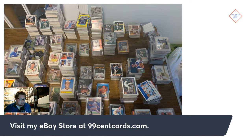So let's go to slide 2. This gives you an idea of just some of the volume that we're dealing with. These are all player lots. On the far left, you see the 89 Fleer Ken Griffey Jr. rookie card. There's actually, I think, 3 of those in there. There's probably 100, 200, maybe even 300 Griffey Jr. cards in that pile. You see Don Mattingly, Cal Ripken Jr. There's also, and I don't know if it's on the screen, in the bottom right, I believe,